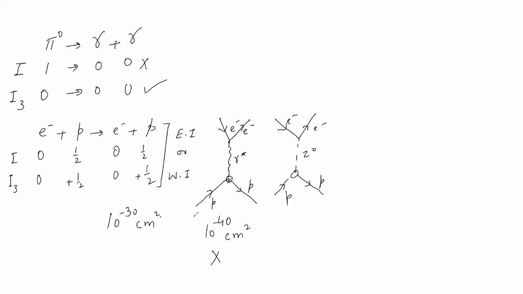But from the net point of view, this is an important question: if I am talking about electron-proton scattering, then this process can take place via electromagnetic interaction as well as via weak interaction. It is a different thing that weak interaction will be much suppressed compared to electromagnetic interaction, but both of them will be present. Is it clear?